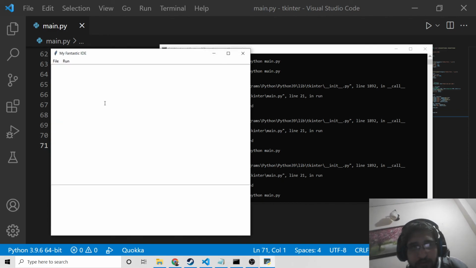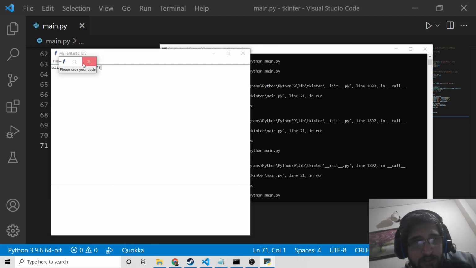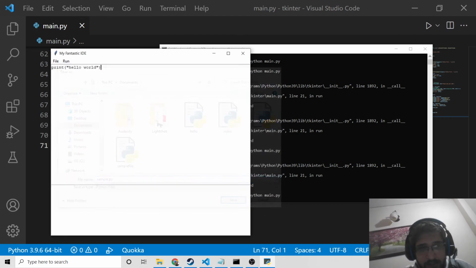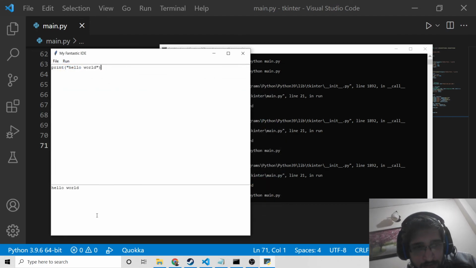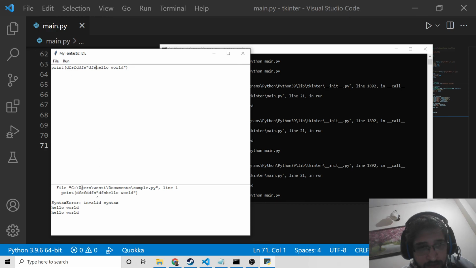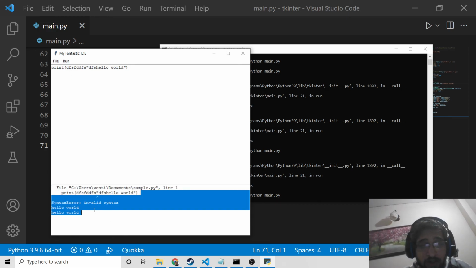So if I run this, if you just write anything, print hello world, if you click run, it will say please save your code. So save your code at a particular location, sample.py. And now if you run this, you will see hello world is printed out. If you make any sort of error, let's suppose, first of all, you need to save this code, click run, you will see the error is taking place. You can see. So now in this video, guys, we have built a fully fledged Python IDE inside the Tkinter framework,